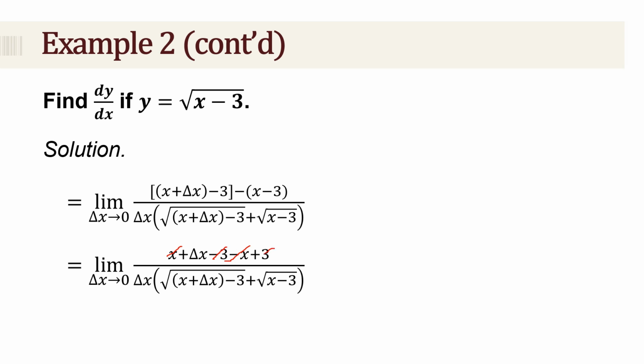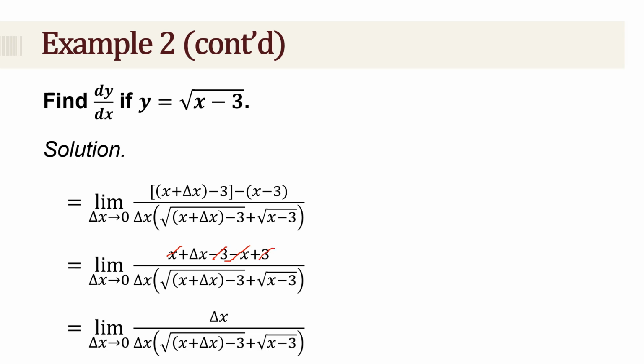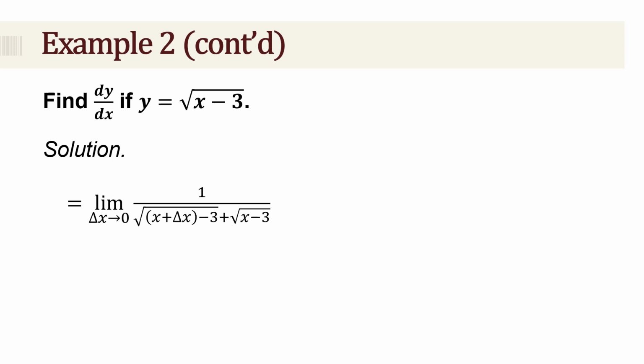Kasi magiging zero yan, which leaves us with delta x over delta x times the quantity square root of x plus delta x minus 3 plus the square root of x minus 3. Again, pwede ulit natin itong i-cancel out kasi magiging 1 lang yan, which gives us the limit of 1 over the square root of x plus delta x minus 3 plus square root of x minus 3 as delta x approaches 0. And by direct substitution, that is just equal to 1 over the square root of x plus 0